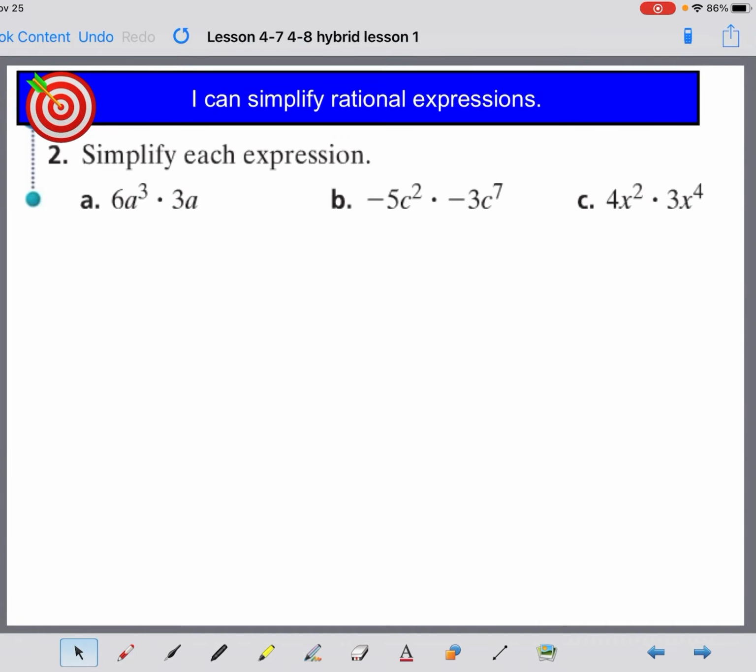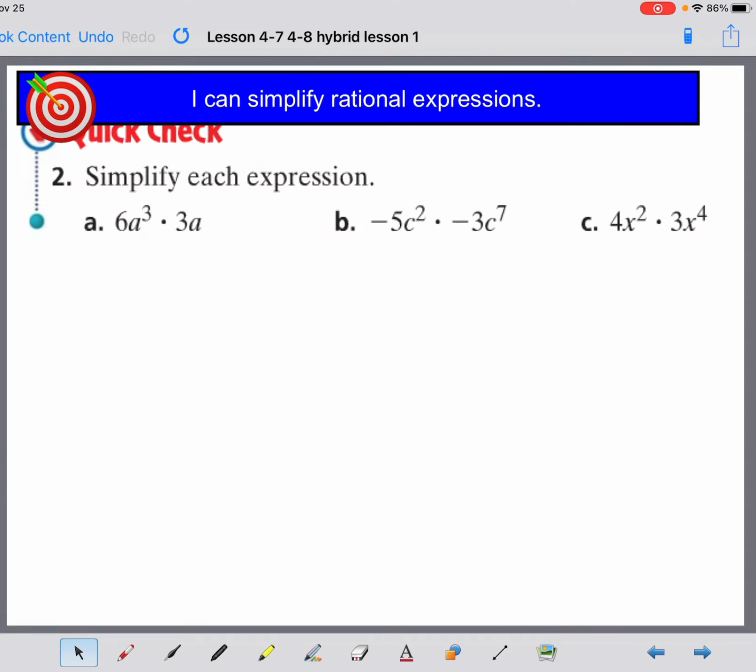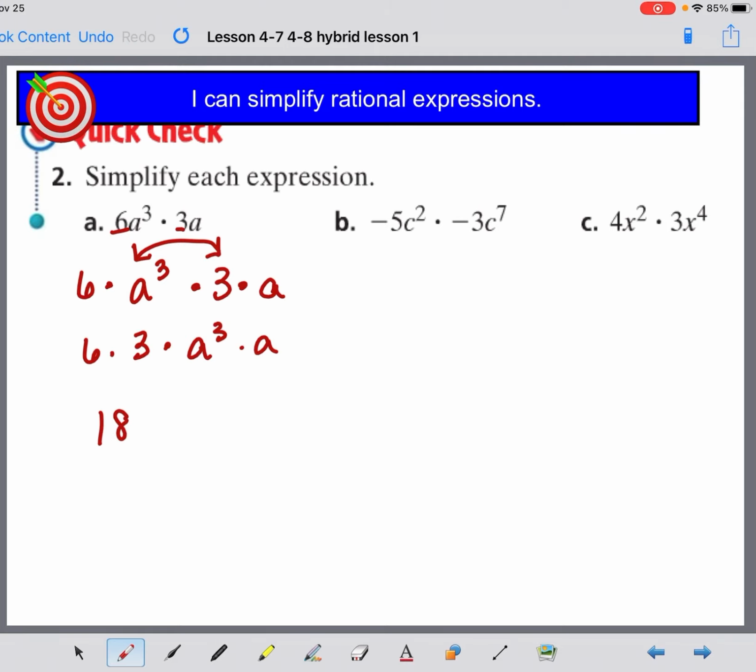All right, what if I have coefficients? That's no different. Let's give these a try. I'm going to do the first one, then I'd like you to try the next two. Do you see that this really means the same thing as 6 times a to the third times 3 times a? Well, I can use the commutative property that allows me to change the order of my numbers. Now, do you have to write that step? No. If you remember, I'm going to multiply the coefficients together and get 18. And then I'm going to multiply a to the third